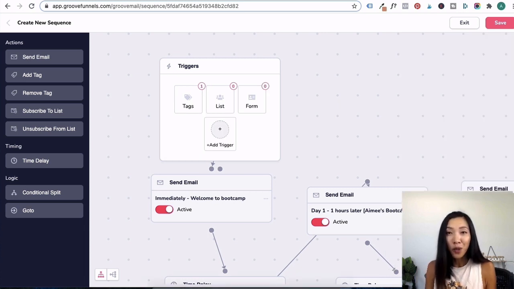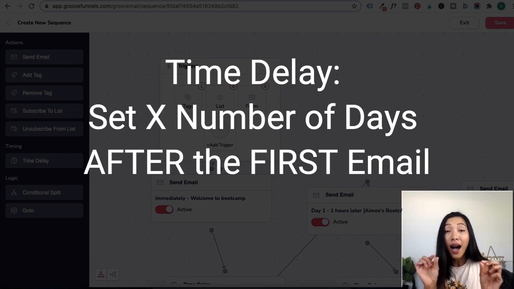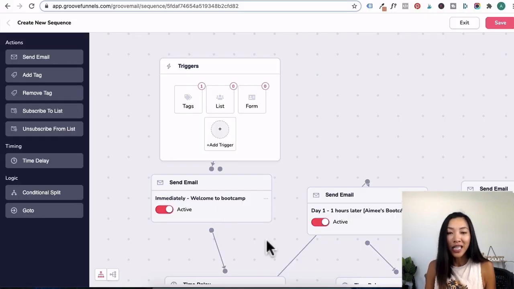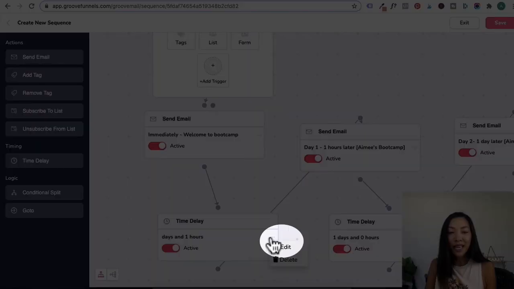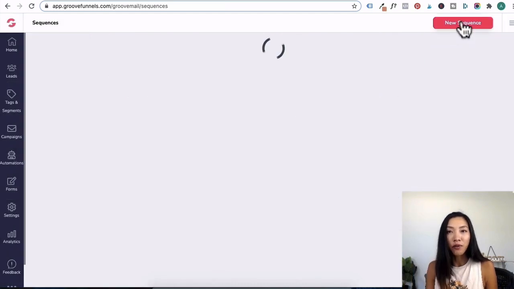Now, one mistake I want to apologize for, guys, is in GrooveMail Part 2 tutorial, in regards to time delay, you will need to set a specific number of days after the first email instead of 1 day apart, as I use in that tutorial. So when it comes to your email sequence, under time delay here, and you click on edit, this is wait a number of days after the first email, okay? It doesn't allow you to do 1 day apart right now. That's something that you should go through and check to make sure that it's sent out in the right timing sequence for you. I'll close out of that, and then I'm going to exit because we've already created that.